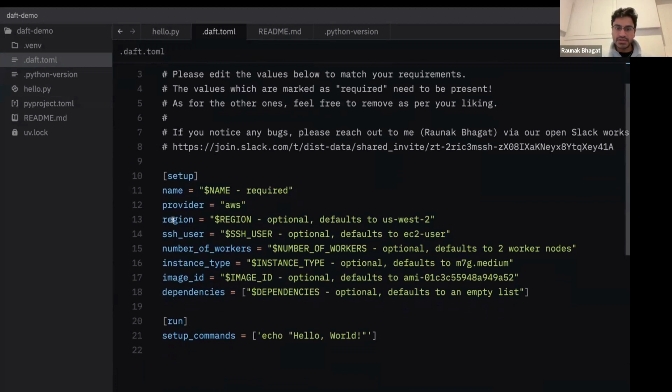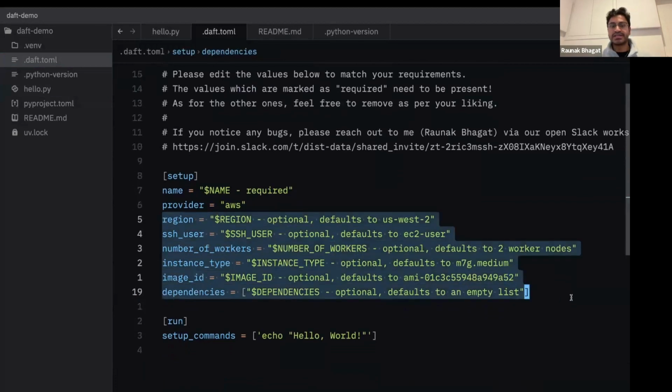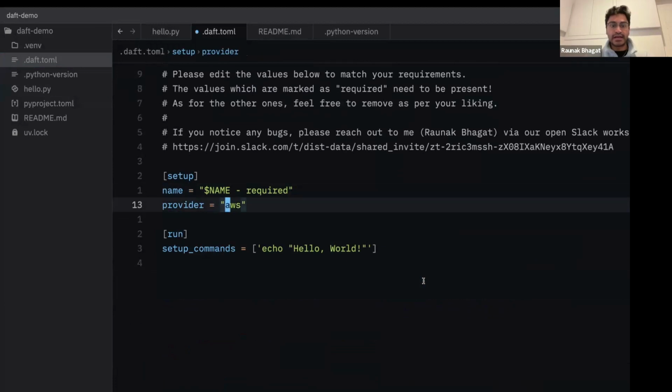But as you can see, most of these are optional because there are some pretty sensible defaults that we have internally inside of the Daft launcher. For example, the region defaults to us-west-2, the SSH user, the EC2 user, et cetera, et cetera, et cetera. But anyways, let's just start simple and let's go with an AWS provider and let's set the name of our cluster. So let's call it Daft